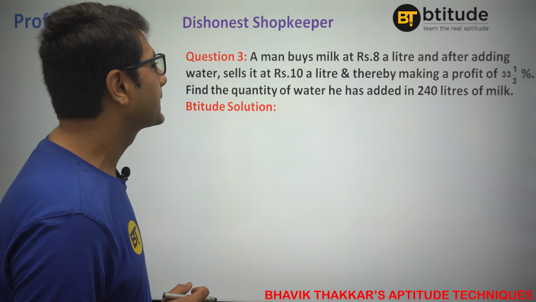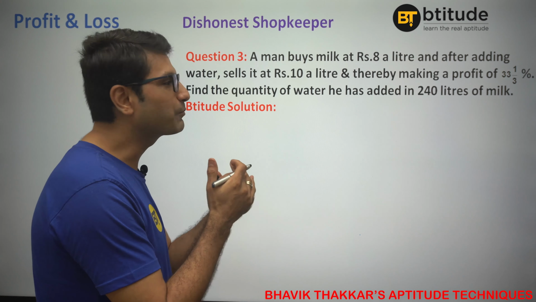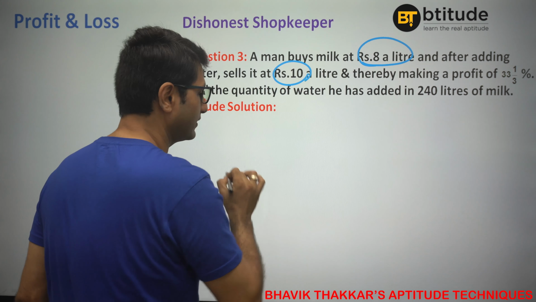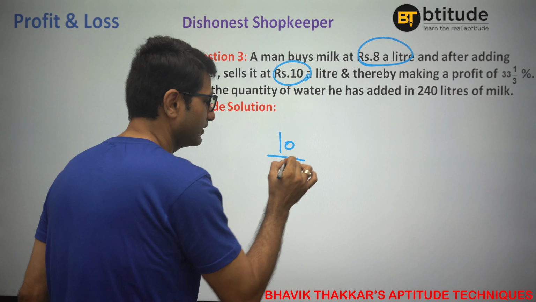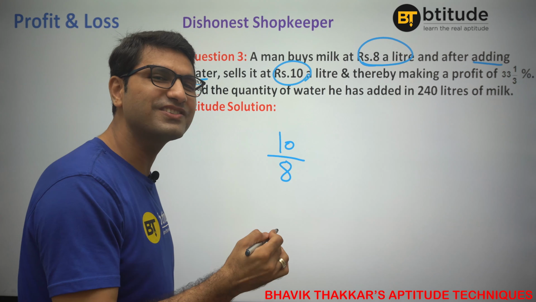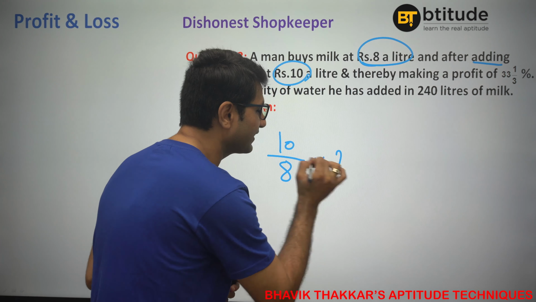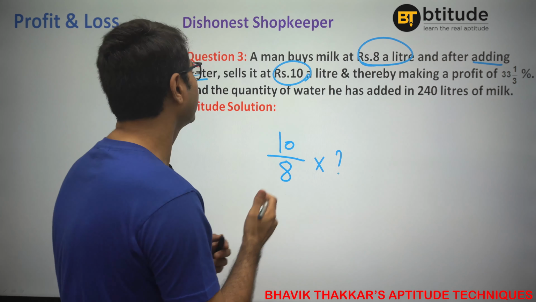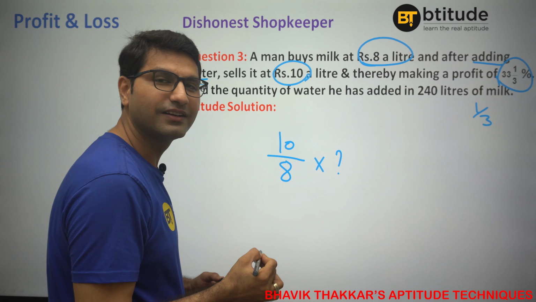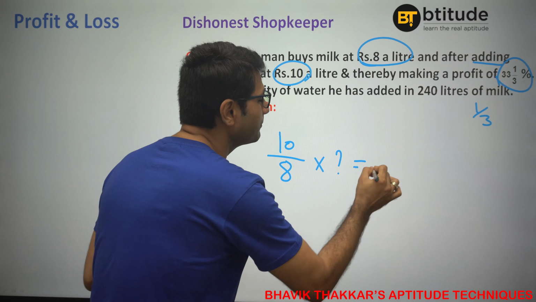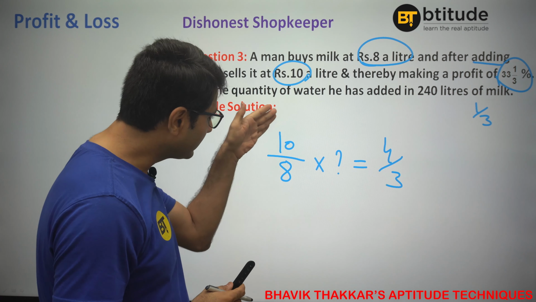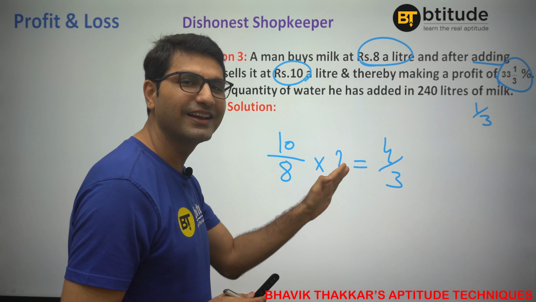First thing is, okay, so here also he is making profit by 2 different things. One, his cost is 8, but he is selling it at 10. So he is making 10 out of 8. This is one thing. Another thing is he is adding water. But how much he adds is not given, so we don't know how much he is adding. But overall, combined, his profit is 33 1 by 3%. That is 1/3 profit. So if 1/3 profit, that means combined impact is 4 by 3. His value is getting to 4 by 3, right? His value, when it is getting multiplied by 10 by 8 into something, it is getting 4 by 3.